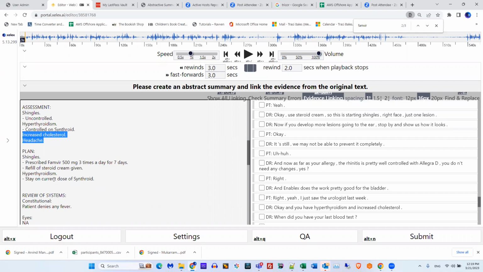Yes, everything has to be linked. It may be a little redundant. Maybe you do shingles here and shingles here, but everything does have to have an evidence link. Absolutely. So if these don't have a plan, then you don't list them down here.